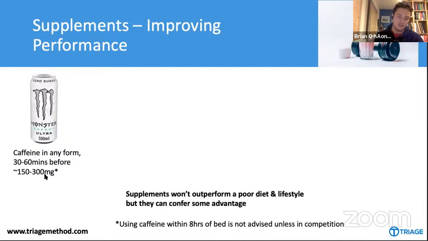You want 150 to 300 milligrams, and generally a bigger person will consume more caffeine. A can of Monster has about 150 milligrams. A coffee or 2 shots of espresso, I should say, will have about 150 as well. Red Bull is about 80 milligrams in a can. But it's a really, really good performance enhancer so long as it doesn't affect your sleep and doesn't make you overly anxious or jittery where your performance isn't as good.